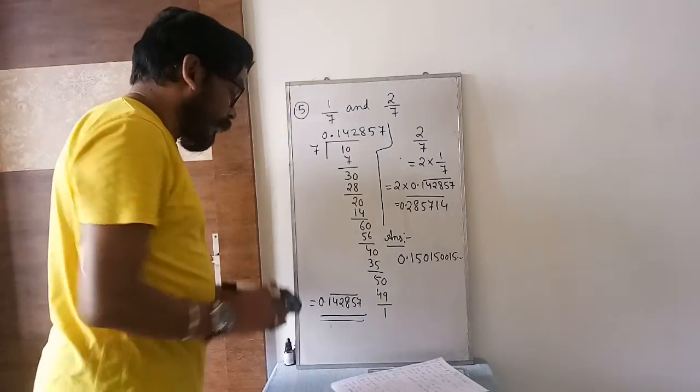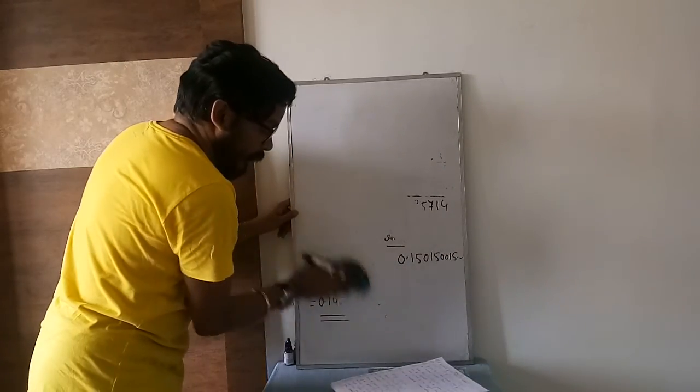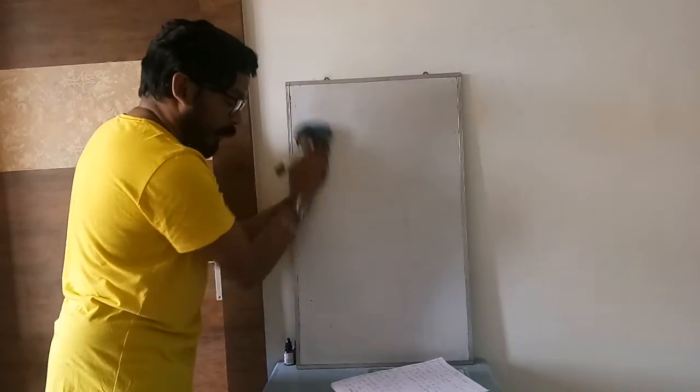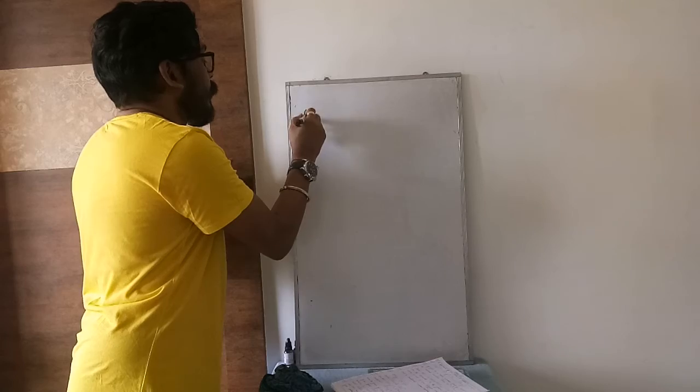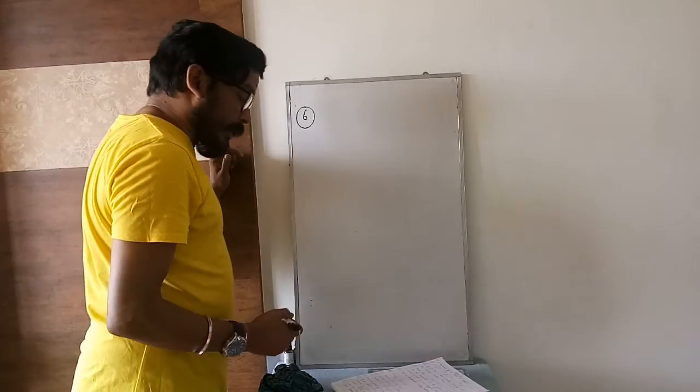Okay. Now we will go for the last question of this exercise. Last question means there are many questions. I will do up to question number 6 only. Next session I will continue after 6. So up to 6 I will do, then I will continue with the rest in the next session.